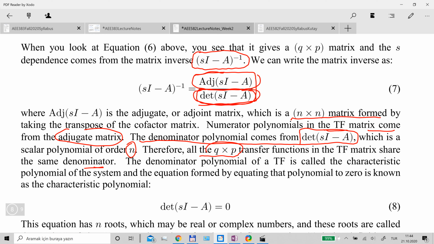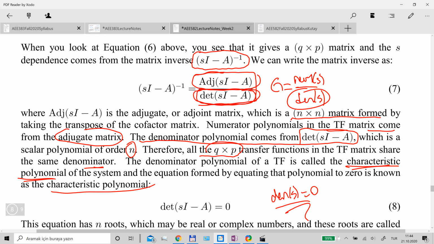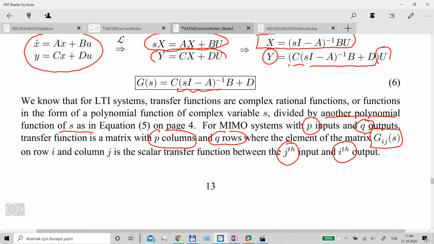So the transfer function is composed of a numerator polynomial of s divided by a denominator polynomial of s. And the denominator polynomial of a transfer function is called the characteristic polynomial of the system. And when you take that denominator of s and equate it to 0, this becomes an equation. And that equation is called the characteristic equation. So when you come to this relation,